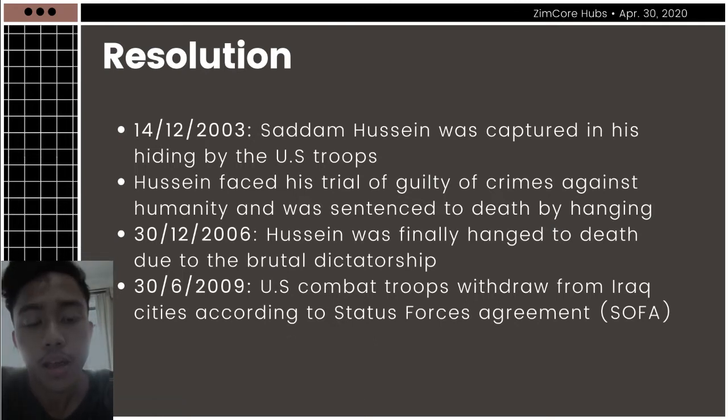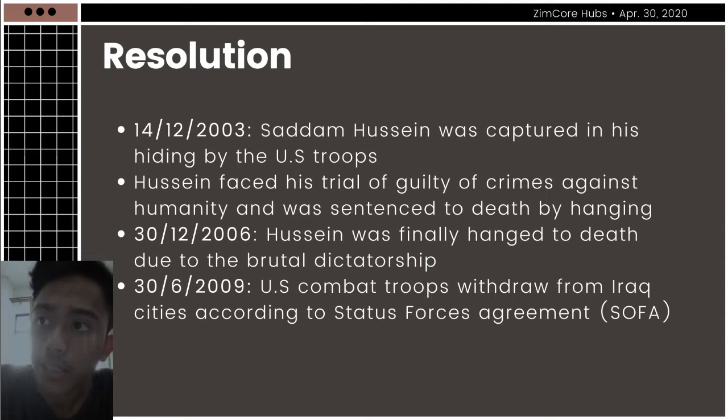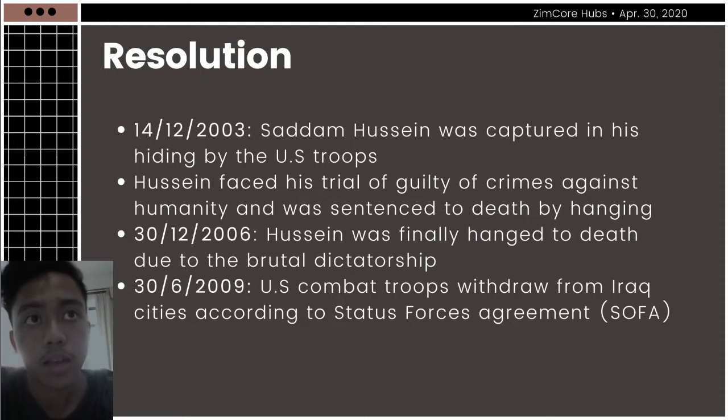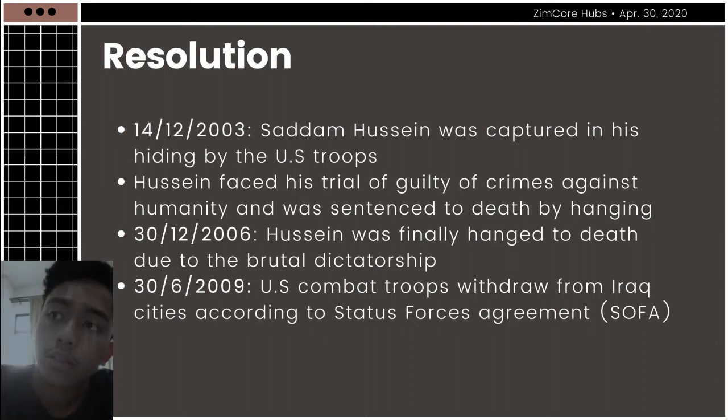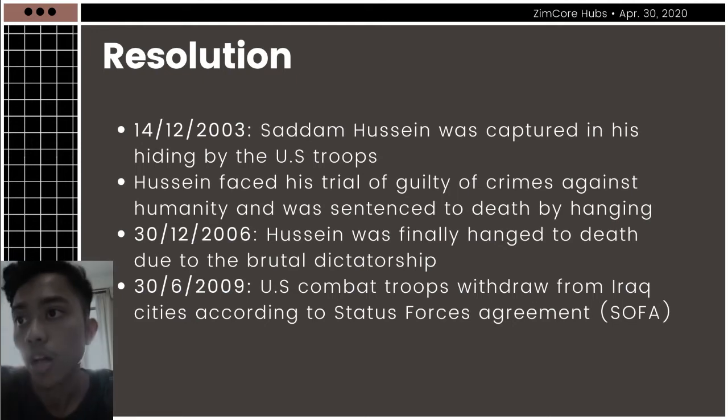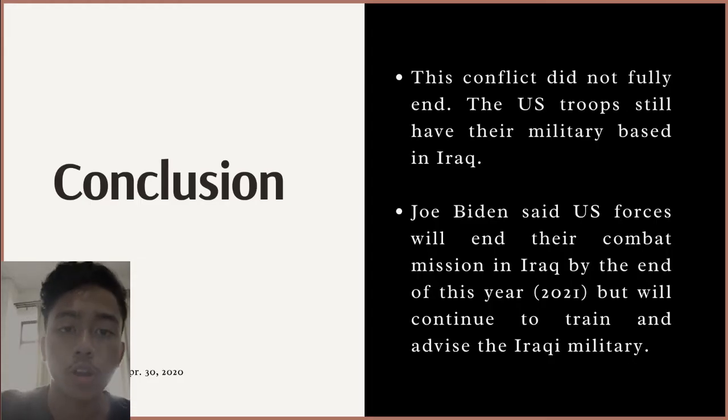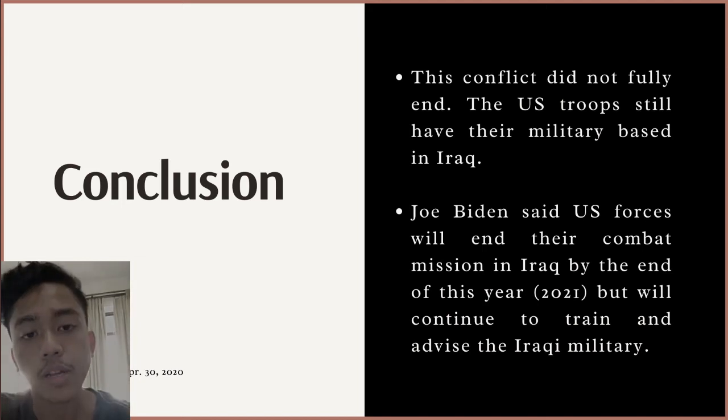And then when they captured Saddam Hussein, he was hanged. On 30 December 2006, Saddam Hussein was finally hanged to death because of the brutal dictatorship when he governed Iraq. And on 13 June 2009, the US combat troops withdrew from Iraqi cities according to the Status of Forces Agreement, or SOFA. So in conclusion,